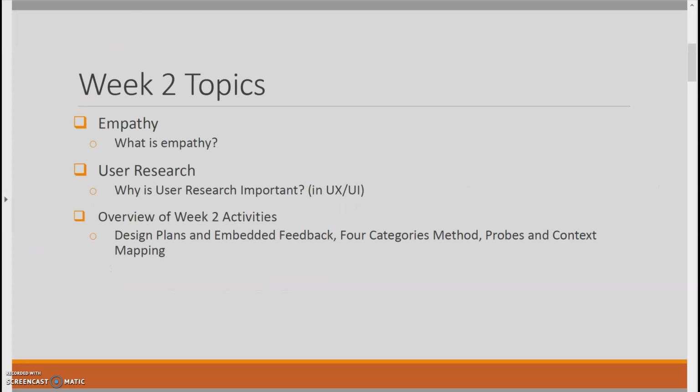This week, we will spend time on further understanding empathy and connecting the work you did in week 1, which was your empathy map, your point of view statements, and your how might we questions, to user research and your problem statement that you have come up with, which is your design narrative. And then we'll further look at user research and why it's important, and then an overview of our week 2